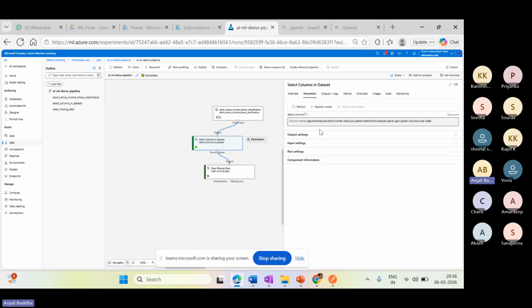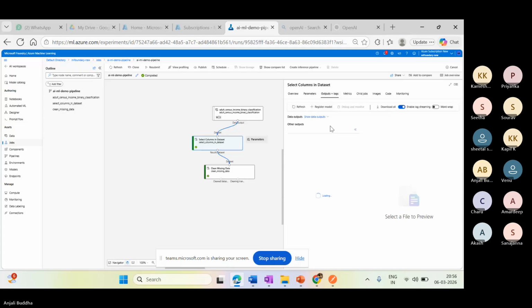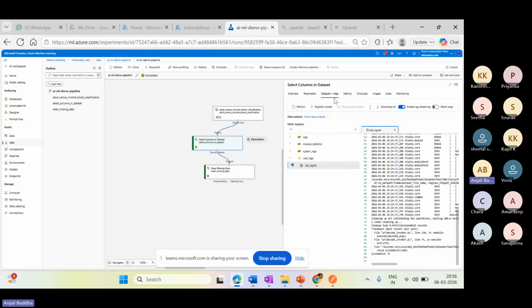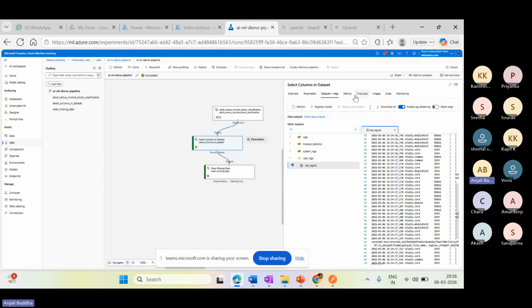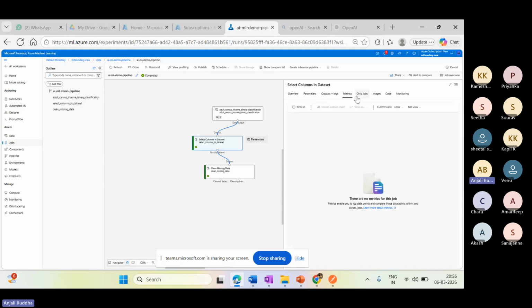As part of the parameters, it tries to upload the columns that we want. If I want to take the logs and view them, we can see. So these are the metrics and all. It is not applicable over here.